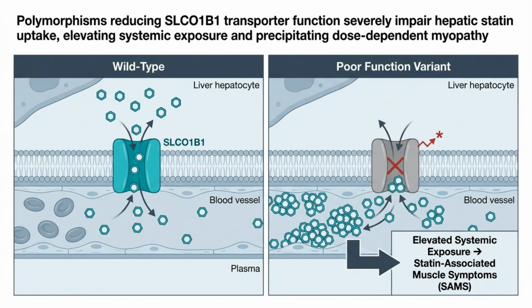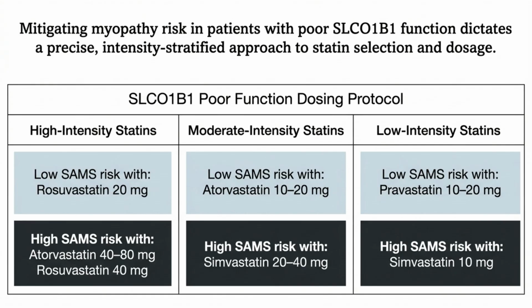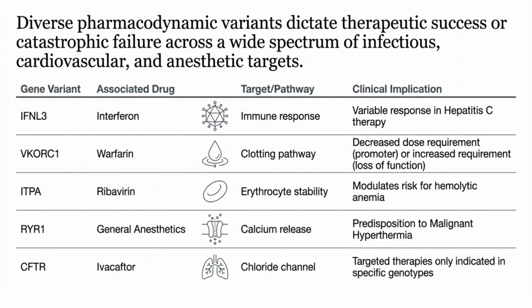CPIC recommends avoiding certain high-risk antimalarials in G6PD deficient patients due to the risk of severe hemolysis, with specific recommendations varying by genotype. Genetic variants in G6PD require careful drug selection. For example, severe G6PD deficiency means primaquine is contraindicated, while milder deficiencies may allow for cautious use with monitoring. This table highlights key examples of pharmacodynamic gene variants, their associated drugs, and the clinical consequences, reinforcing the need for